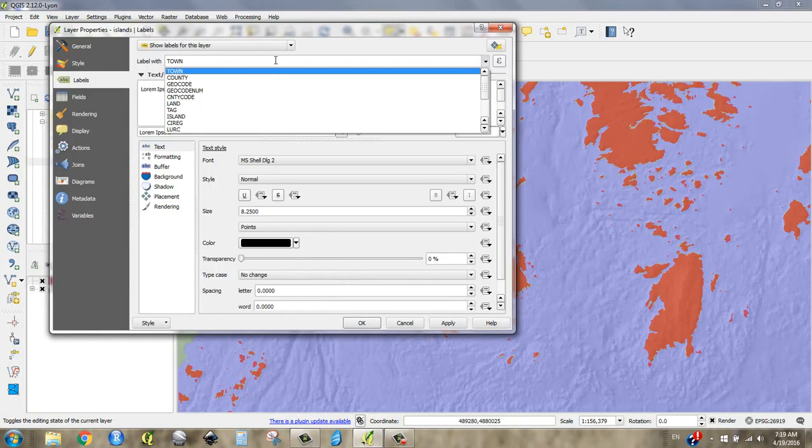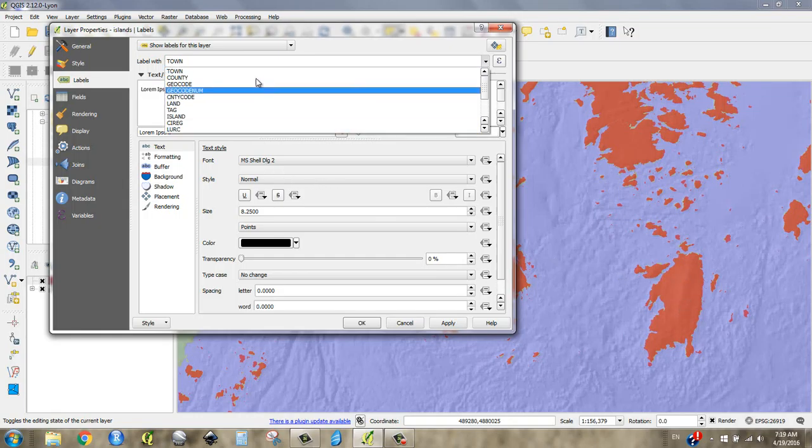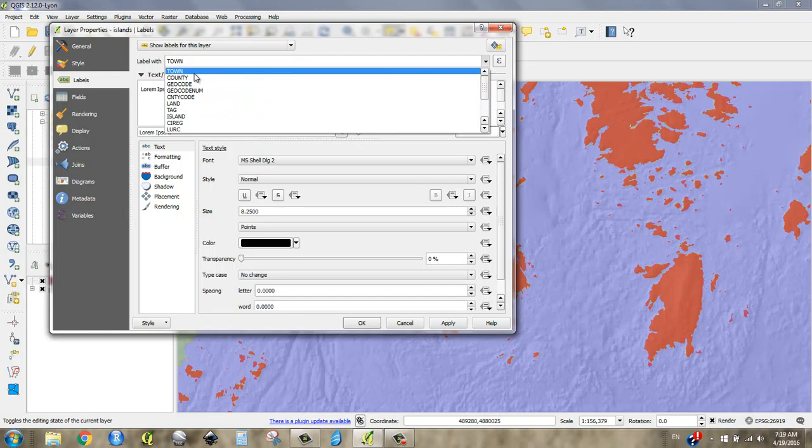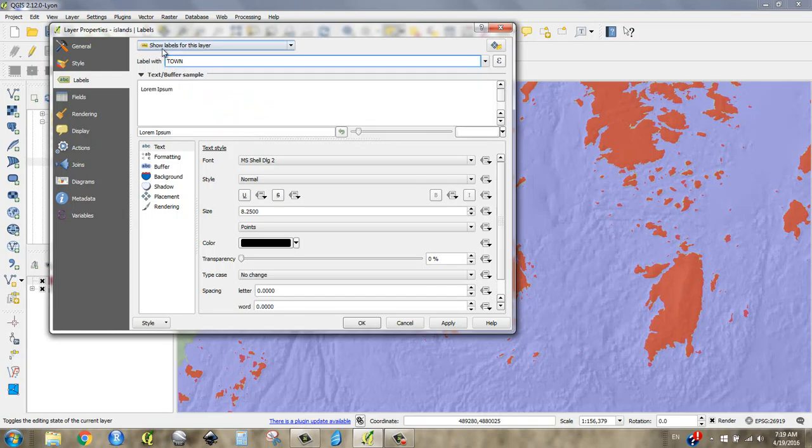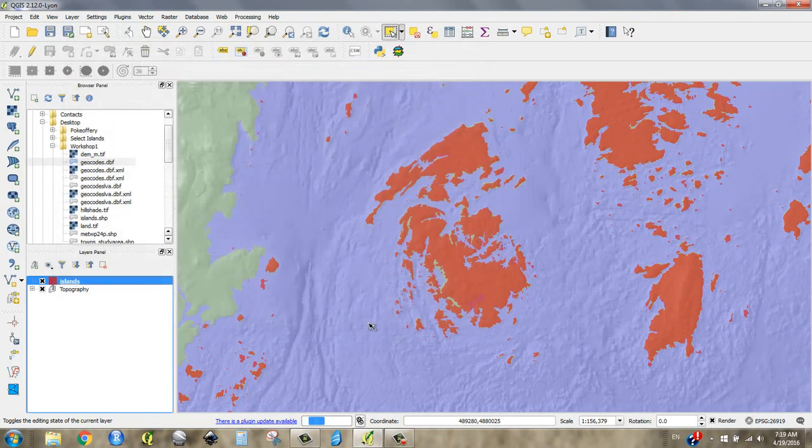And I can label these geometries, or kind of these geographies, with any one of my attributes, but probably the name is going to make the most sense, right? So if I just say, okay, show labels for this layer, label with town, and I just say okay, what you're going to see, and it's going to look a little crazy,